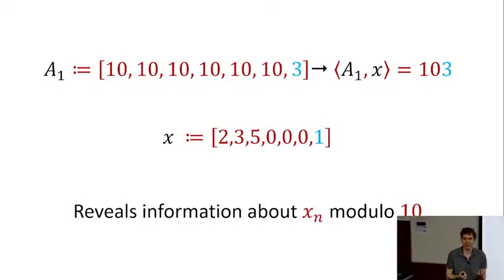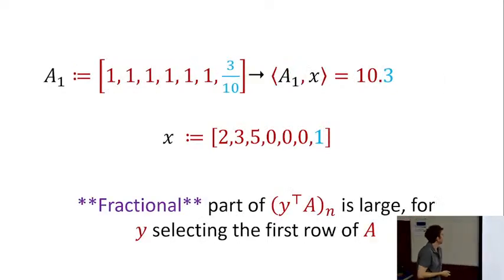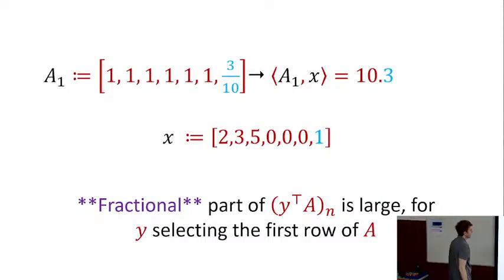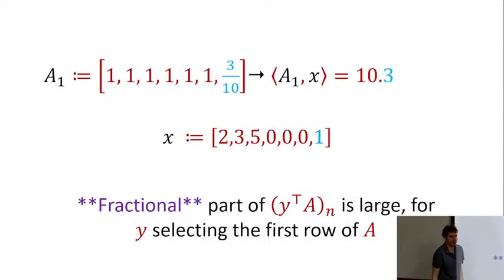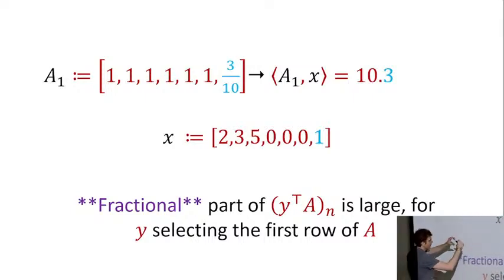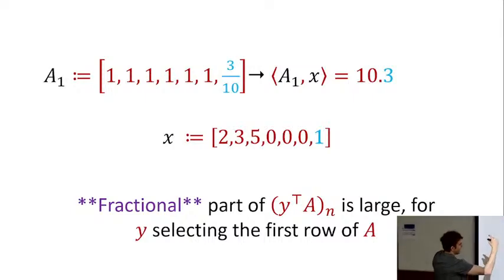So how can we capture this? We need to further upgrade the definition of significance. And we say that you're significant if the fractional part, so again, you're ranging over all possible vectors y in post-processing. You can again think of this as just choosing a row of A if you like, some standard unit vector. You look at a row of A, and the fractional part of some coordinate is large, relative to the norm of the remaining fractional parts.